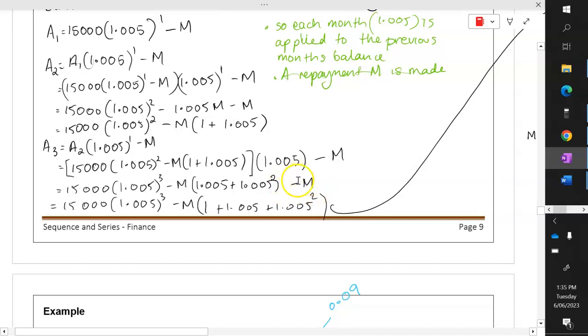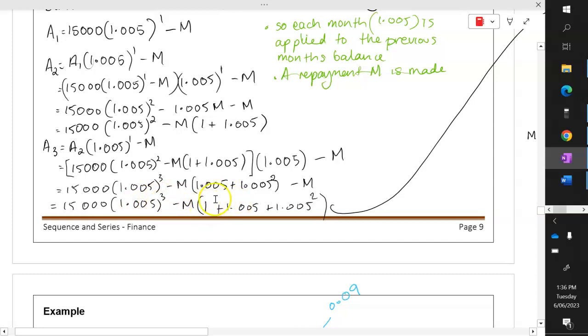And what I did then was just factor the M out of all of these, and I've kind of missed a step in your working, but if you were to expand that out, neaten it up, pull the M back out, that's the term you're going to get in there. Okay, so we can see that there's a pattern. When we've got the third year, there's a 3 there. Then we have minus M, and we've got